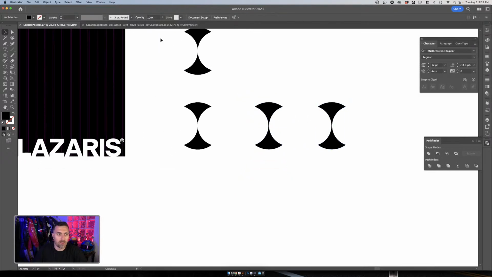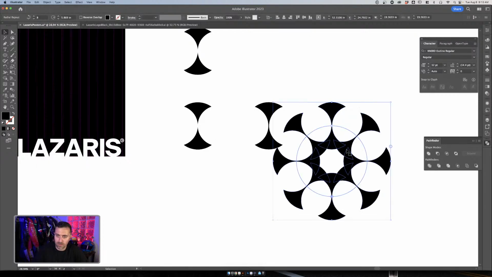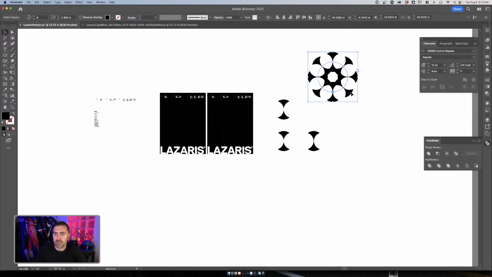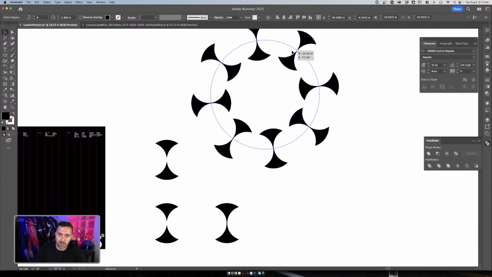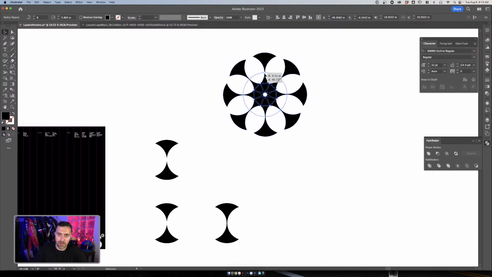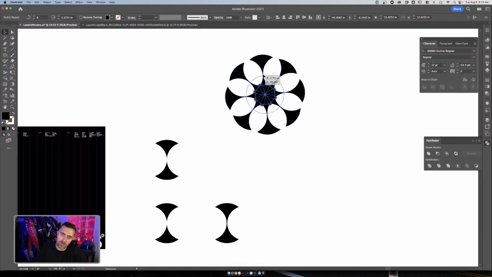So I can do this, and then I can do Object, Repeat, Radial, and see what that does. That's kind of interesting. We can also space them out a little bit more, so maybe there's a better shape that we're seeing start to happen.